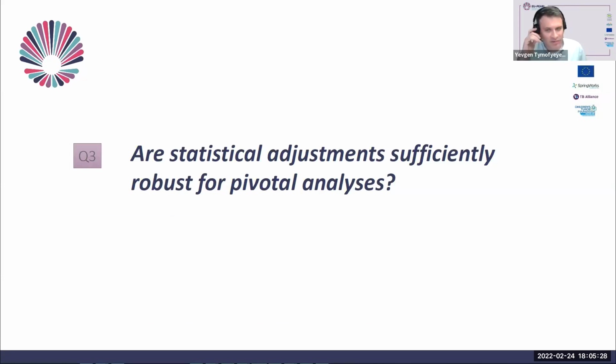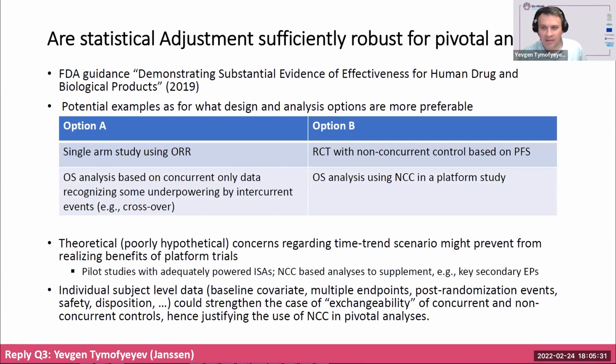Yeah, if you don't mind, I probably started with the first iteration. And I would like to pivot the question a bit, putting in a clause: sufficiently robust for the purpose of a situation. I hear there's some common consensus that NCC is quite possible in rare disease settings, with medical needs, pediatrics, etc. And B, it's extremely hard to come up with a convincing rationale for the use of NCC in conventional, two positive well-controlled studies for registration.